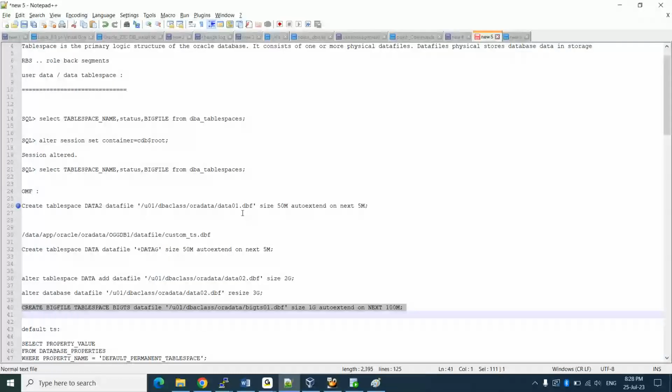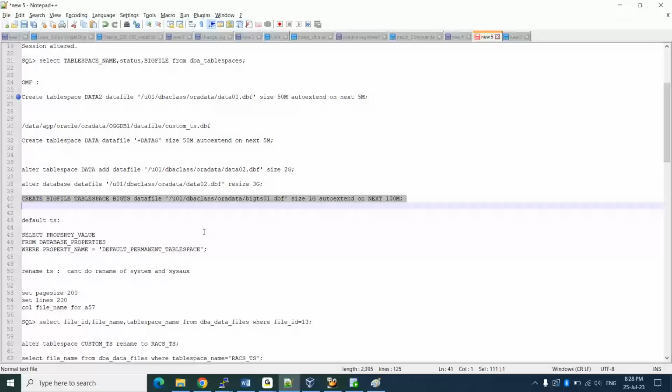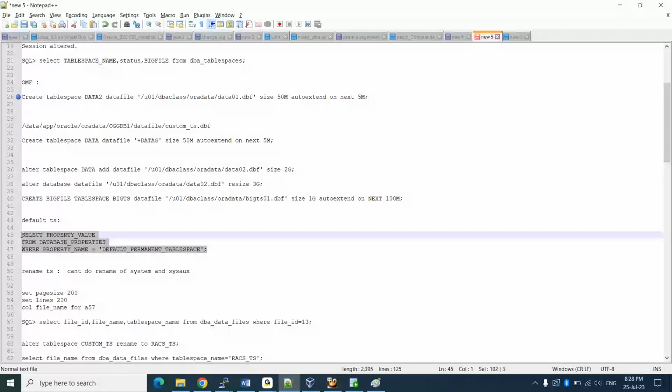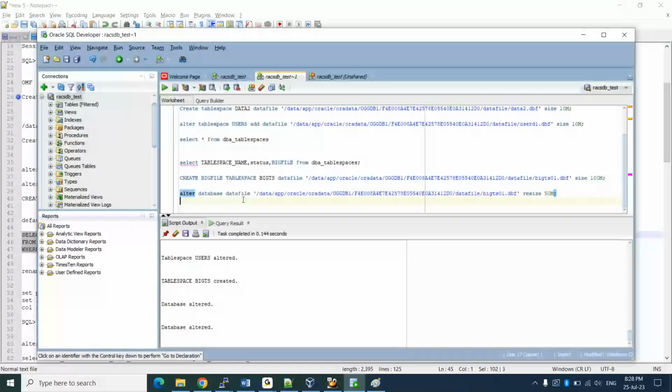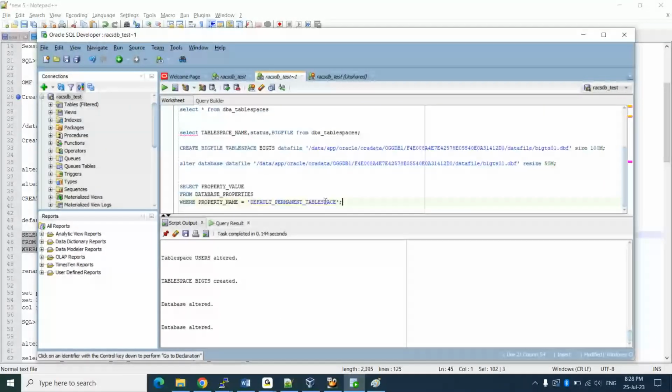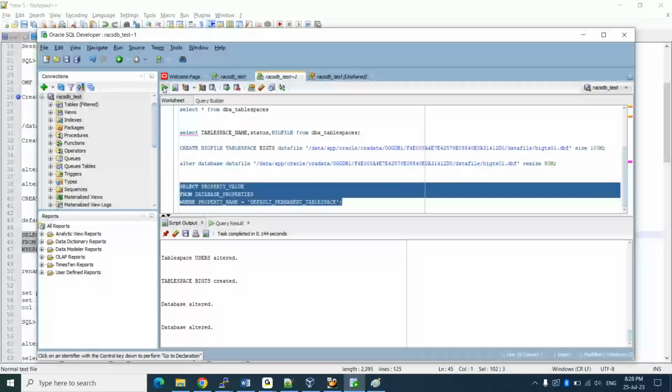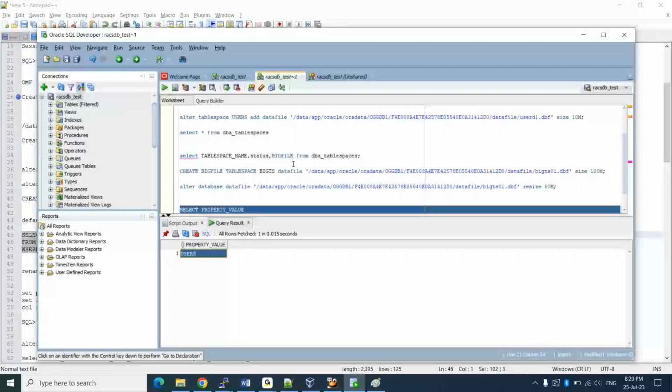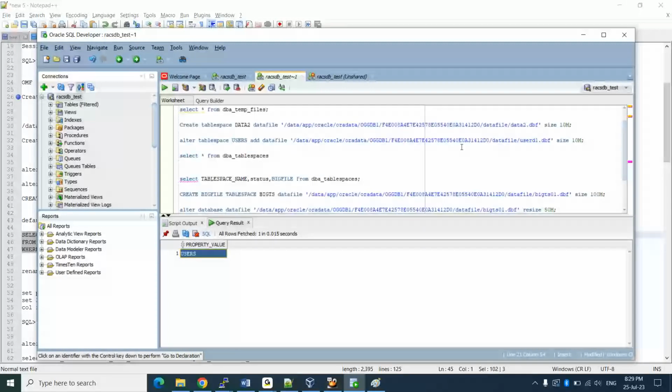And how we are going to make a default tablespace. If you are going to create a user, suppose in my database I don't want to use the USERS tablespace as a default tablespace. Users is my default tablespace, but I don't want this one. I need whatever I have created here,